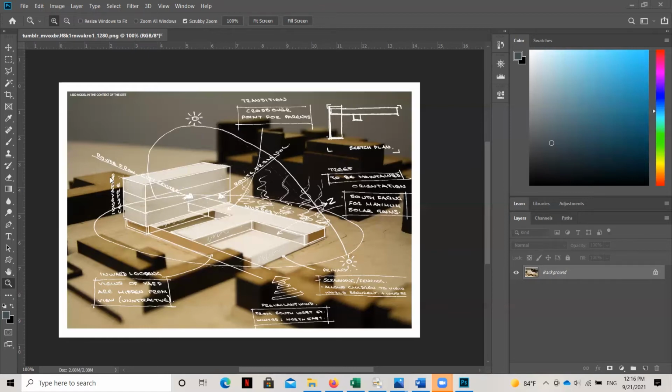Again, being mindful of things like vanishing points so that this circle became an ellipse. They were thinking about sun paths and directions, getting their graphic style for these arrows just right, and just knowing exactly when to stop so that it stayed really loose and sketchy. And then what they did was they took the sketched tracing paper that they had created and they scanned that.